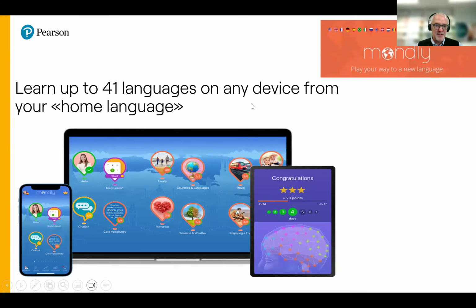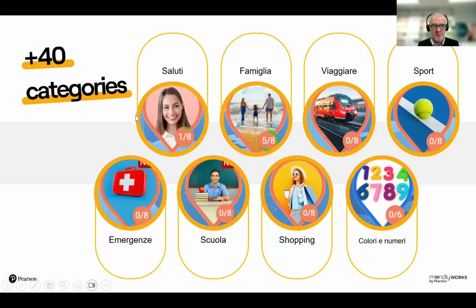So I've already mentioned this. You and your students will have the opportunity to learn up to 41 languages. You can do it from a computer on a browser. You can download the app. You can do it from a smartphone. You can use even hands-free technology. So if you as a teacher are cooking in the evening and you want to learn some Japanese, I was in Scuola Media this morning in Ravenna, and I spoke to two different teachers who both wanted to learn Japanese, and they were fascinated by Mondly.